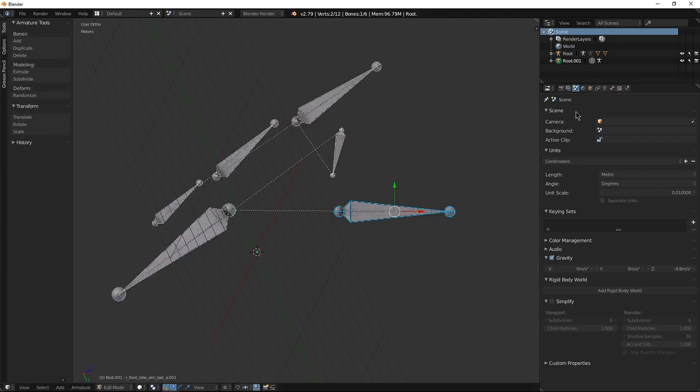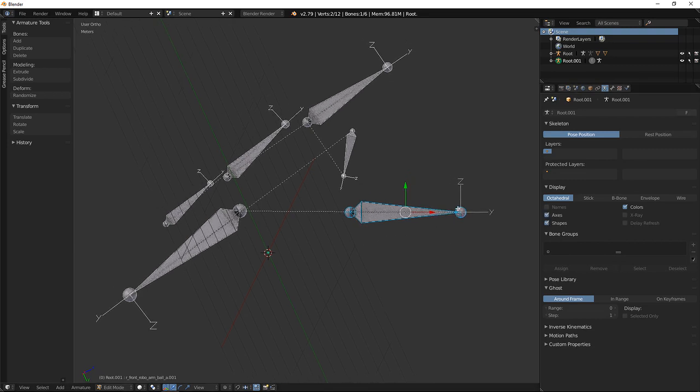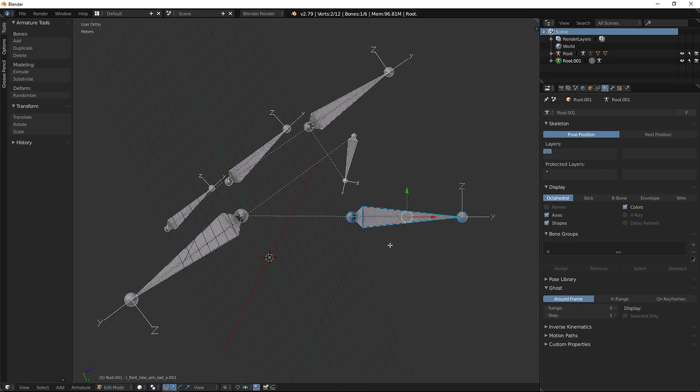And so what I also like to do for this is on the actual armature, I think it's in here, yeah, so on the display I switch on the axis so I can see if the thing does something weird. Now I've already done this and it didn't do anything weird, but I like to keep the axis on just so I can see if it flips or does something weird. So now I can select that,